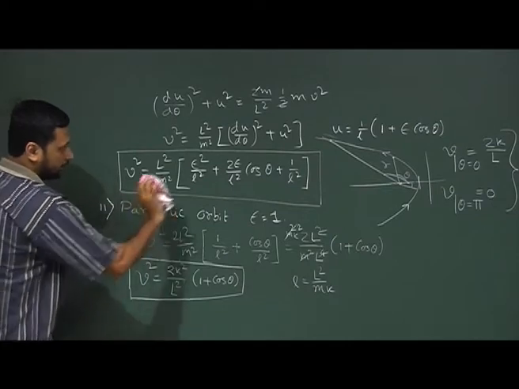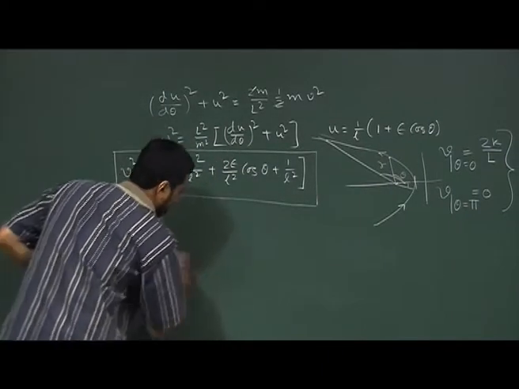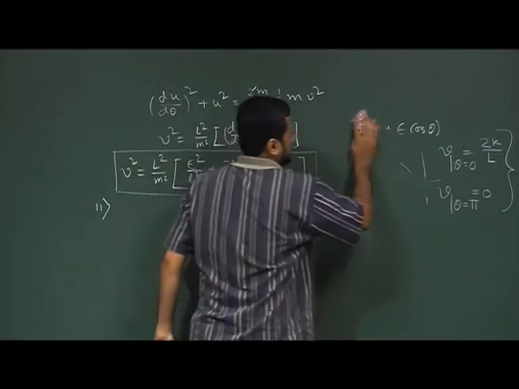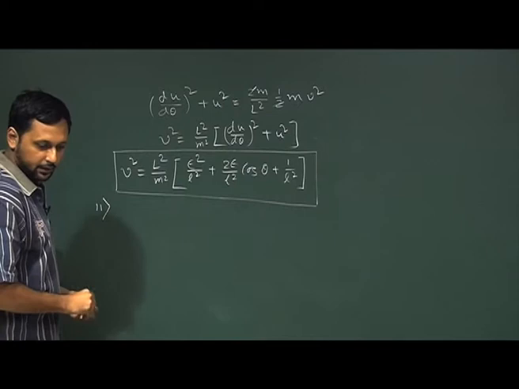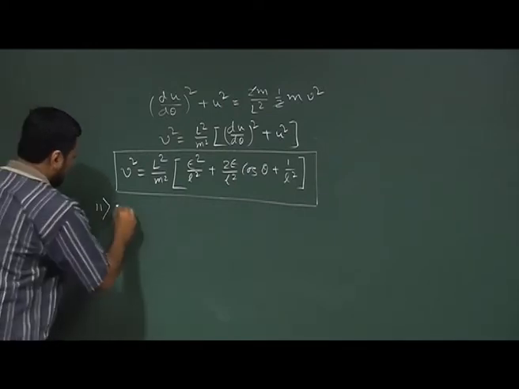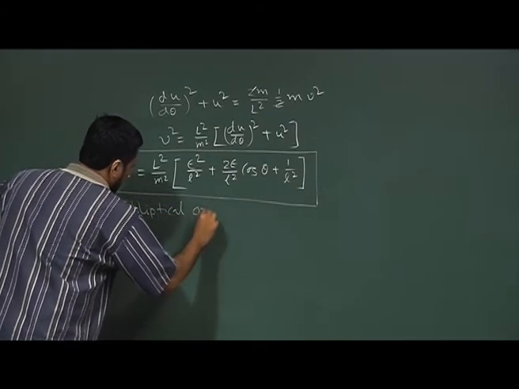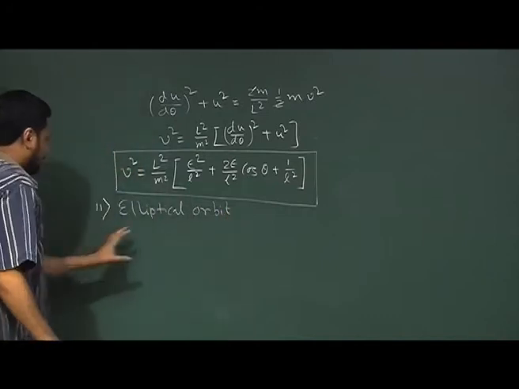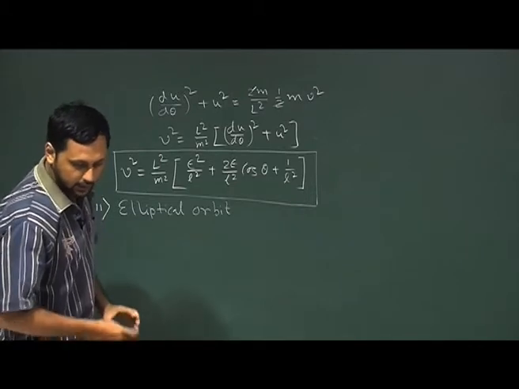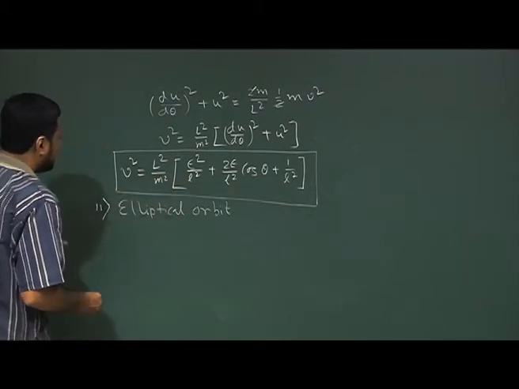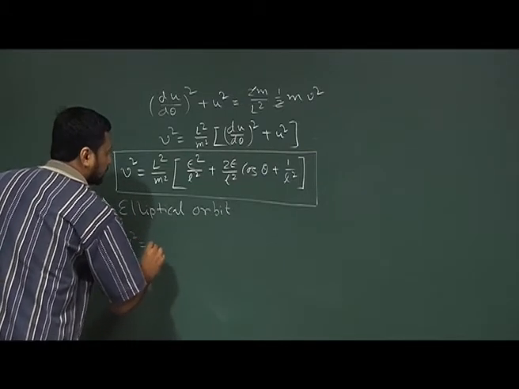We will come back to that in a moment, but for now let us focus on the first part. So we did the second part, we have to now go back and do it for an elliptical orbit. Same velocity expression, same everything for an elliptical orbit. Now for the elliptical orbit, we need to rearrange this equation a bit, and we can write it as v square is equal to,